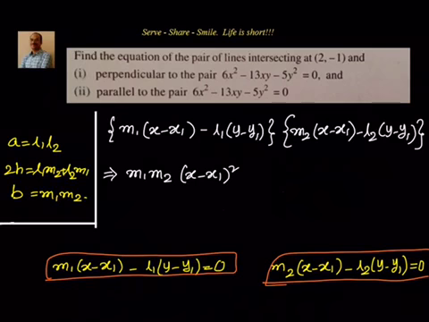Then, we do first into first, first into last, and also these two we add them. We see that x minus x1 into y minus y1 can be taken common, so it will be nothing but minus of L1 M2 plus L2 M1